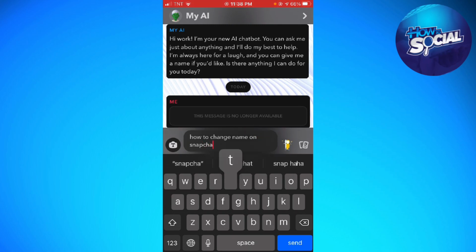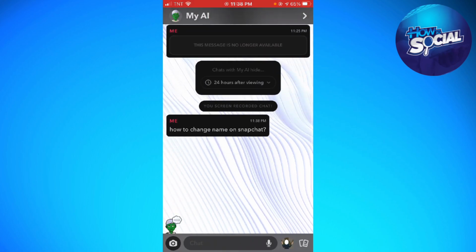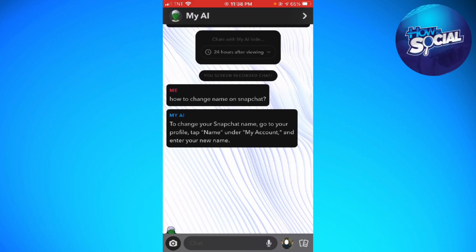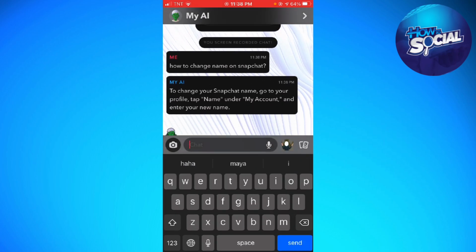Like that. Click on send, and then you just need to wait. So here the AI will give you steps on how to change your name on Snapchat, but you can also ask any questions, okay? So let me just go ahead and ask